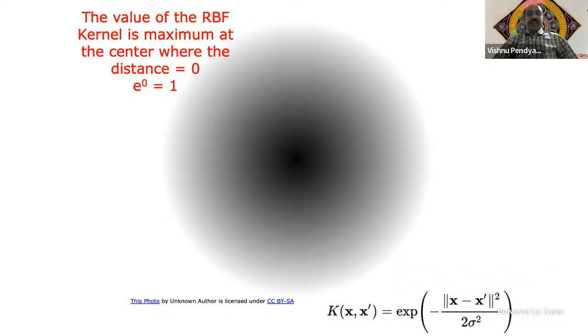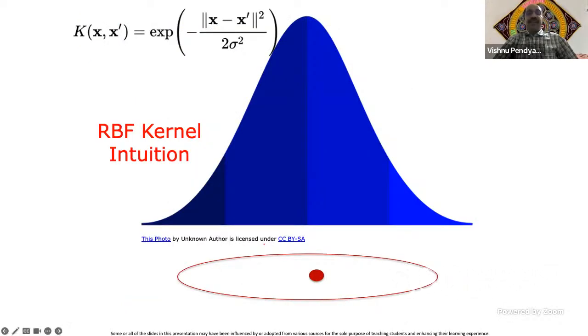And if you know the KNN algorithm, it is something like KNN, right? What does KNN do? It tries to find the nearest neighbors. So it's like weighted KNN. You're defining a neighborhood of influence, and that influence reduces exponentially with distance. So we can think of it as a weighted KNN as well.